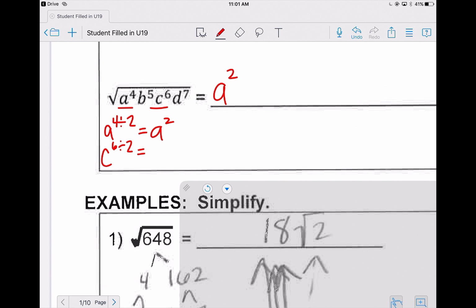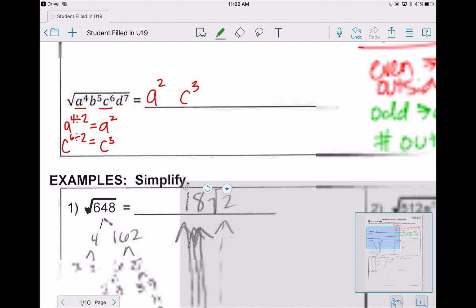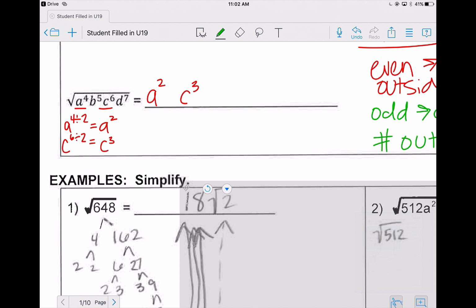For the c's, 6 divided by 2 is 3, and that will also go completely outside of the square root. So with the even numbers, you have nothing left under the square root. Remember, we're looking for groups of 2 or pairs, so even numbers can pair up evenly and have nothing left